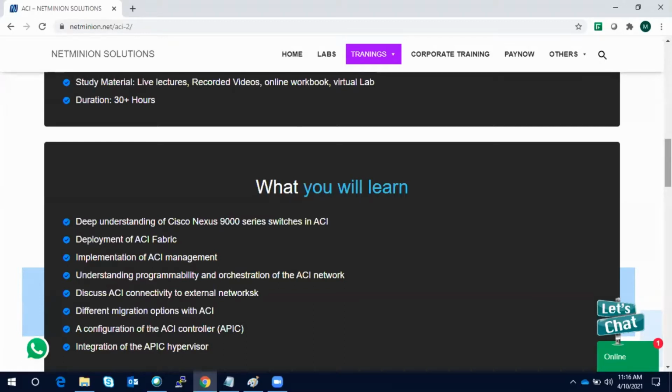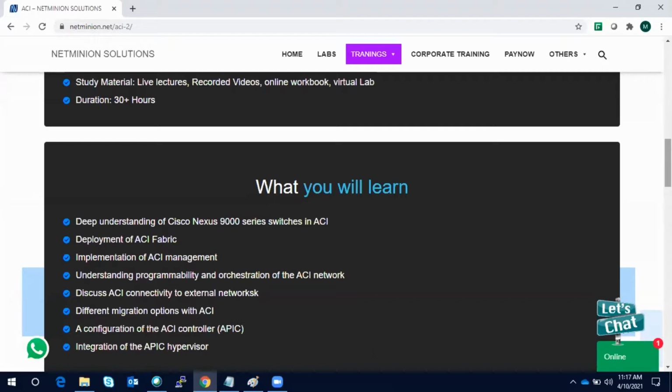Then we will discuss connectivity, layer 2 and layer 3 connectivity, and integration of the legacy network towards ACI, how we can integrate the legacy network if we already have one and we have newly deployed ACI. So how we can integrate these two components, we will talk much on that. Because going onwards, when you get a project in ACI or you are deploying ACI for the first time, you will face this challenge. So those production experiences I will share with you.